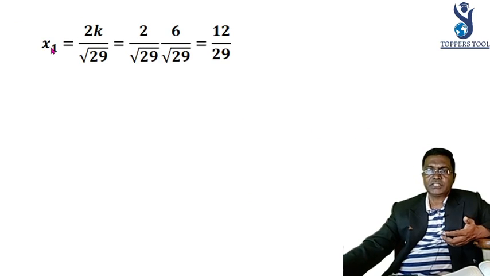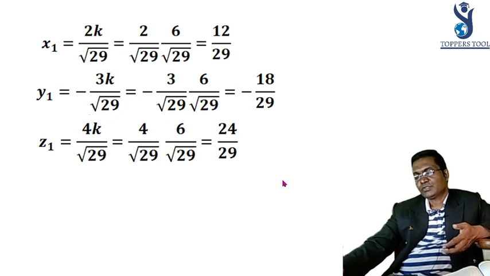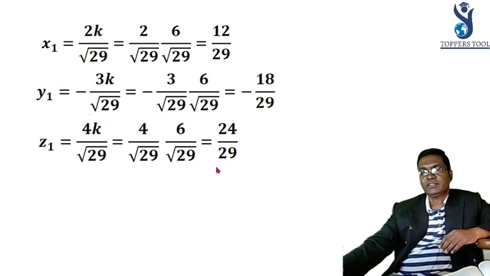So this is your x1, 2k by root 29. K is known to us. Substitute here, 2 into 6 plus 12 by root 29. So similarly y1 is this, and z1 is this. So this is the theoretical way of finding. Now actually